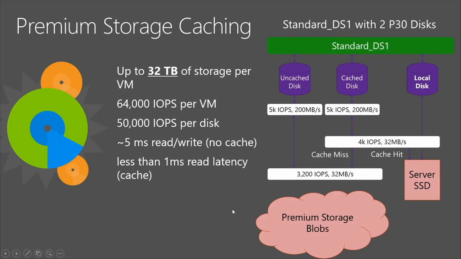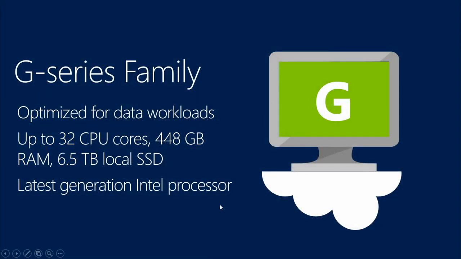So say, for example, you'd say that this VM size is great. You know, I can run up to a D14 or a DS14 VM size, but it's not big enough. I need something bigger than that. So we recently announced the G series family. The G series family are really the monster VMs that Azure supports. These are 32 CPUs,